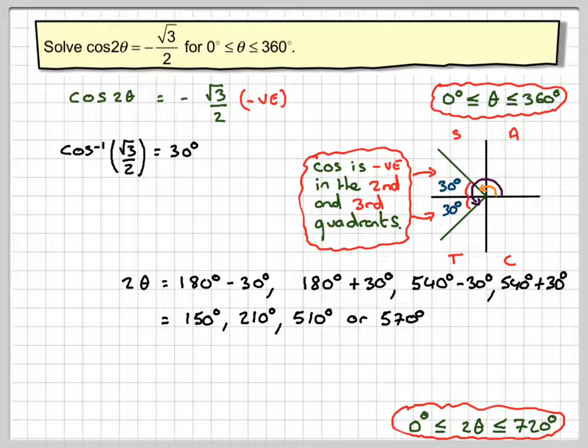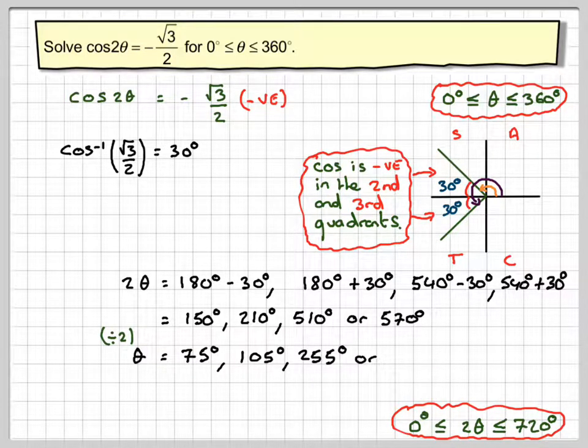570. But we've still got these angles between 0 and 720, so in order to find theta, we now divide by 2. So theta will be half of 150, half of 210, half of 510, and half of 570. So the answers are 75 degrees, 105 degrees, 255 degrees, and